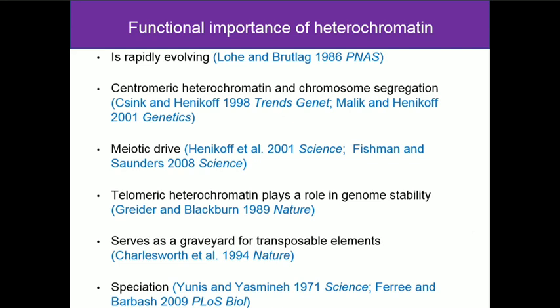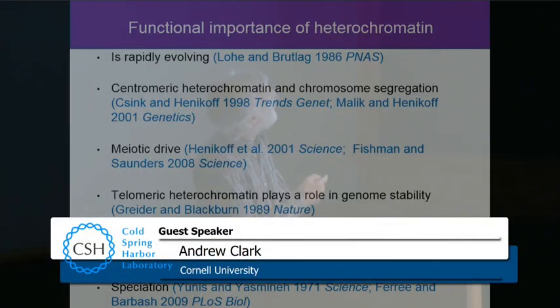So Alan Lowe and Doug Brutlag then got together and did this with multiple species of flies, sequenced the material from those bands, and noticed there's almost a complete turnover of heterochromatin between even melanogaster and simulans. So it's fast evolving. And for some of the various functions, I have to speed up here, centromere function, of course, there are centromeric histones, and those associate with specific repeats in the centromeric heterochromatin. Those proteins are fast evolving, and also the DNA is very, very fast evolving.